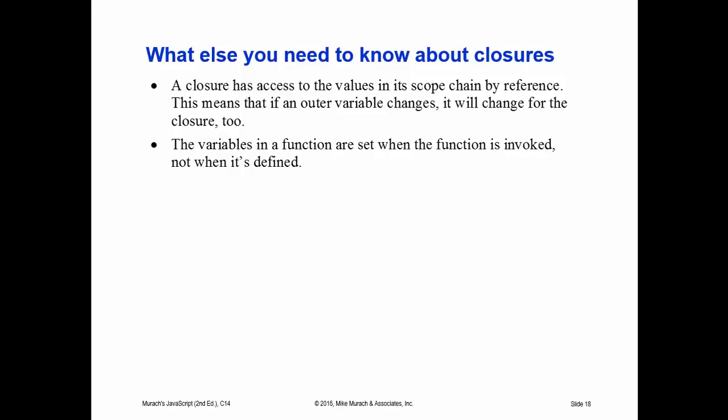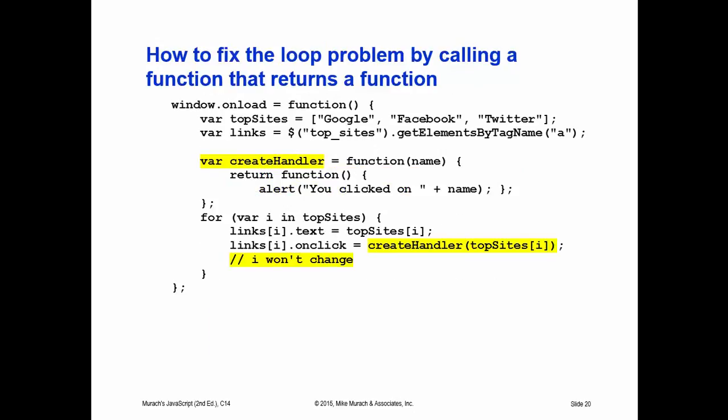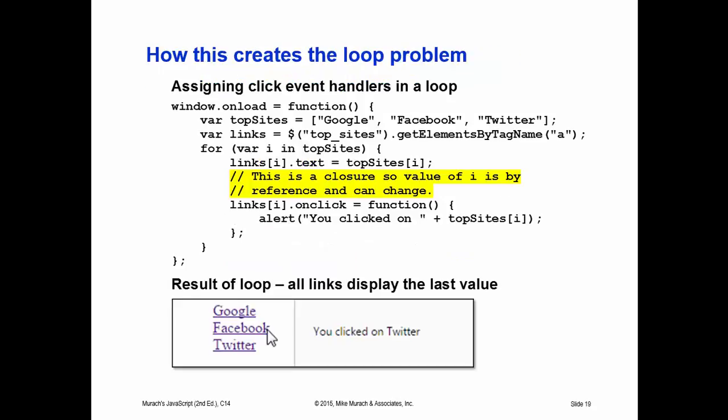All right. As it says, a closure has access to the values in its scope chain by reference. That means if an outer variable changes, it will change for the closure too. So you can sometimes run into problems with loops when you use this. If you're working with closures in a loop, you can have a problem if you don't understand, as it says, those two points that we just went over. Those being, again,